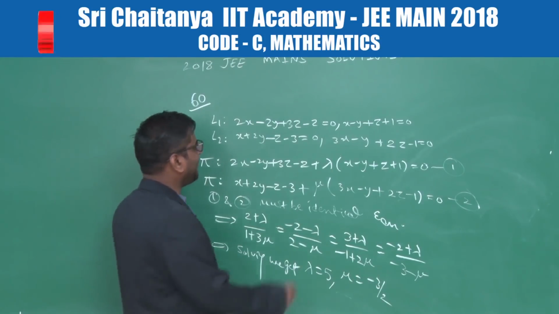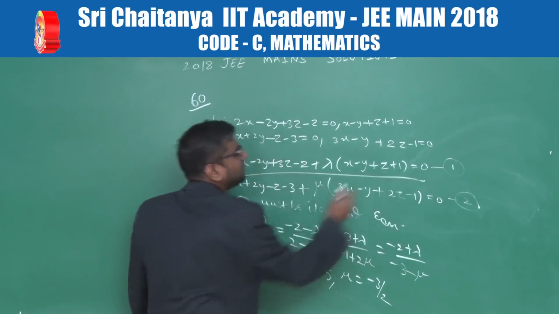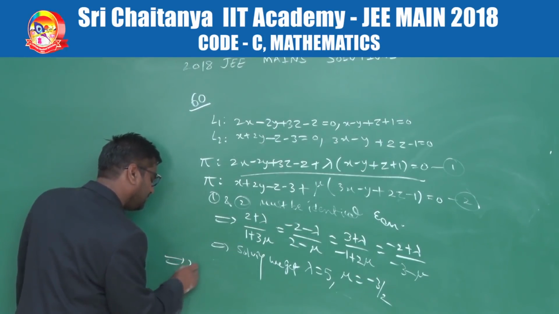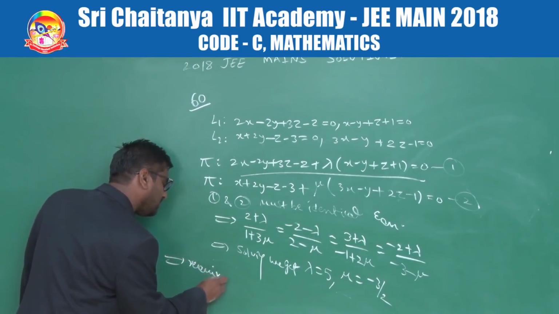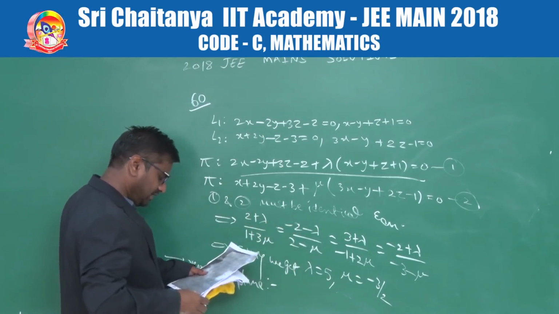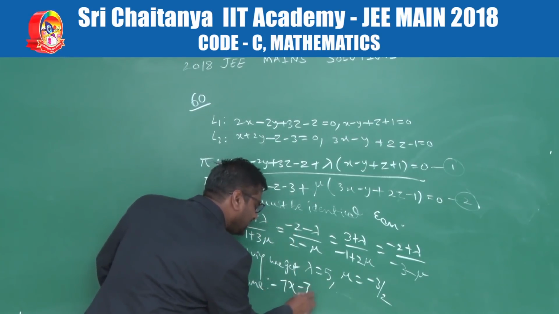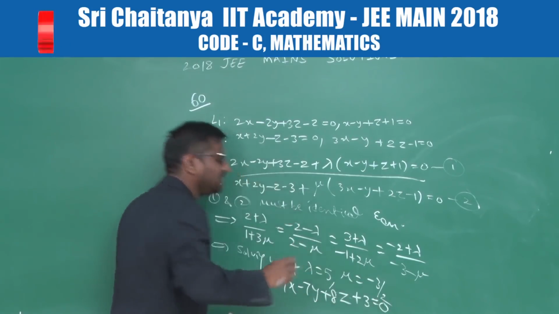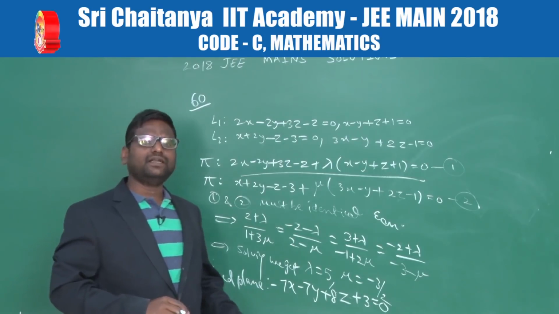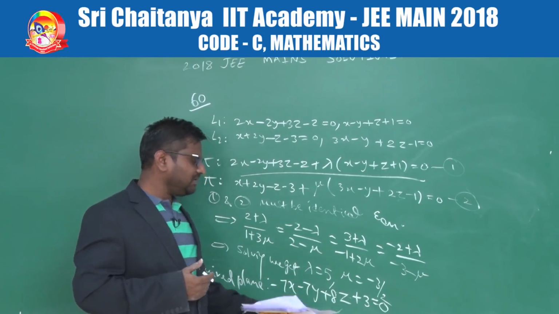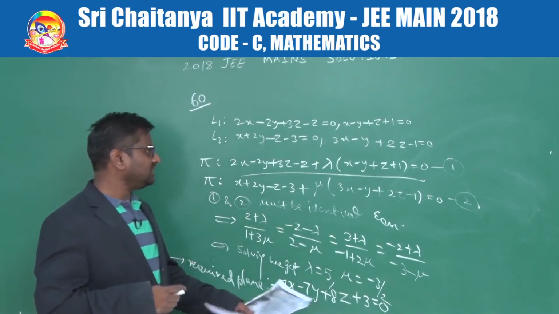Take lambda equal to 5 and put it in the first equation. So the required plane would be 7x minus 7y plus 8z plus 3 equal to 0. So this is our plane. What he wants now is the distance of origin to this plane. We know the distance of origin,